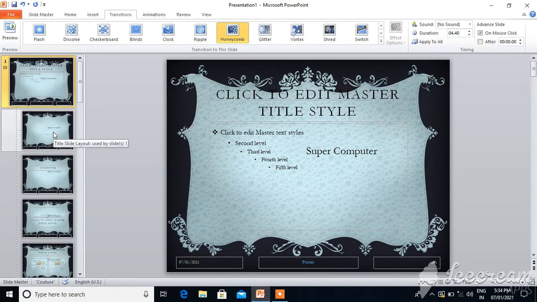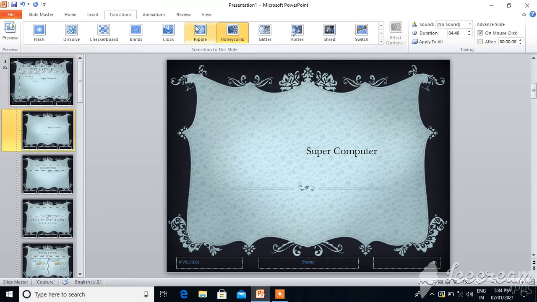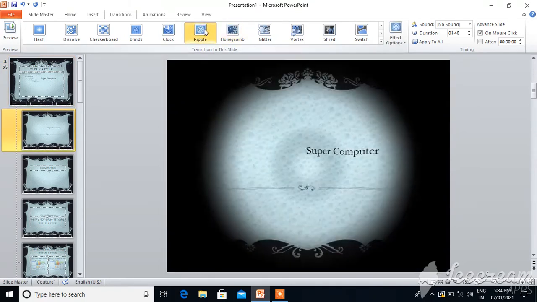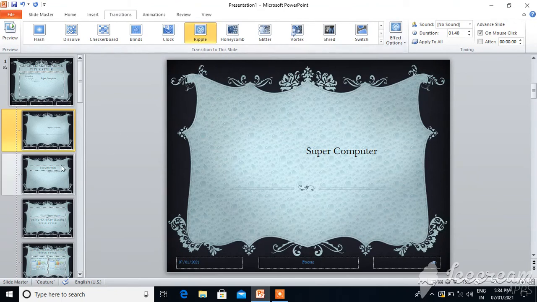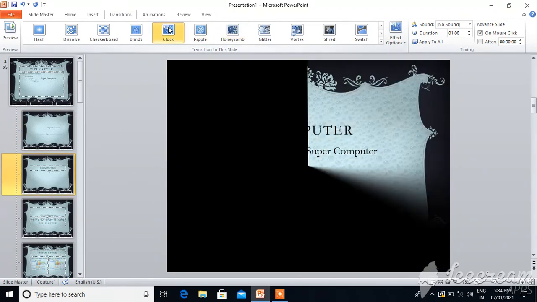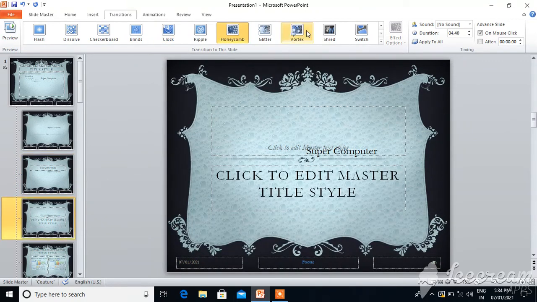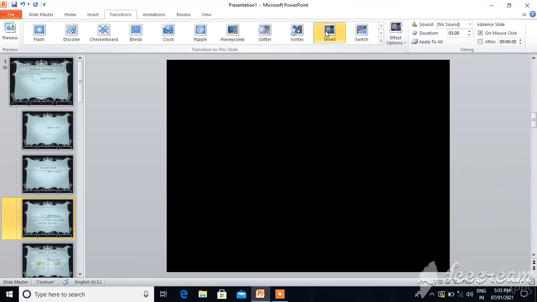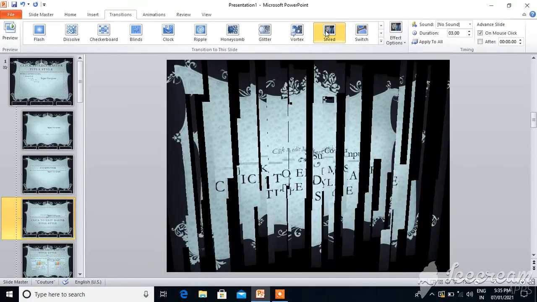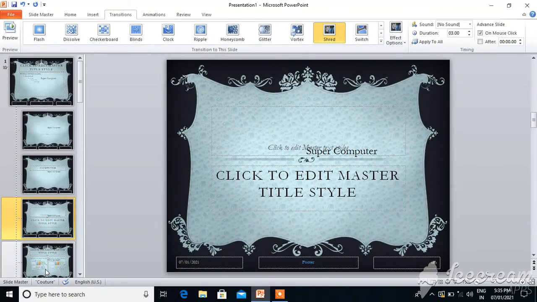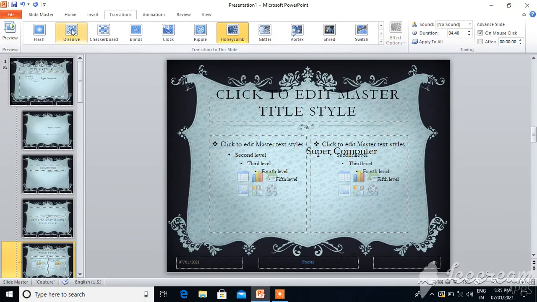See this. For this slide I will apply ripple. Wow. For the third slide I will apply clock. Doesn't it look nice? Shred. Dissolve.